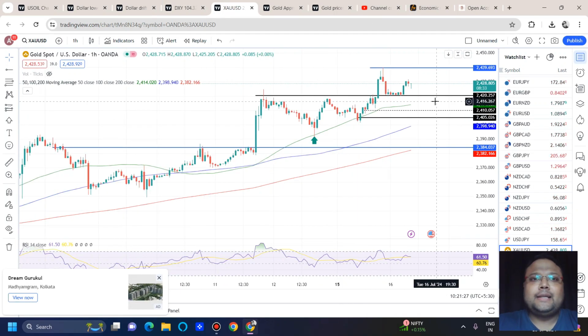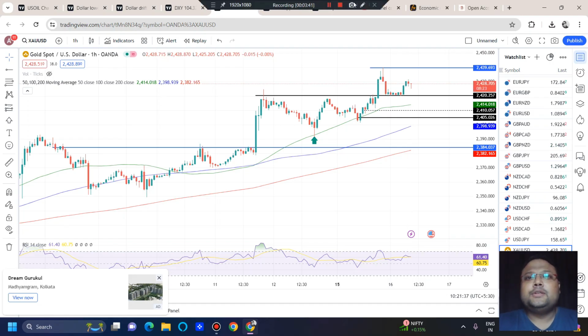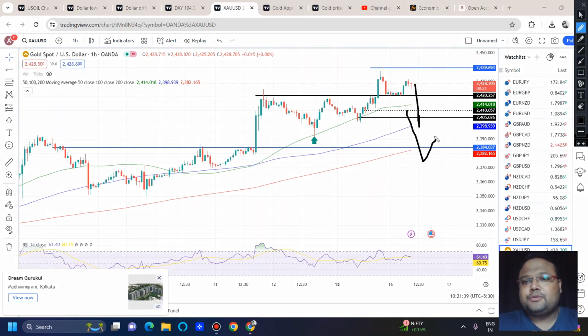So right now the market is trading around 2428. This is the current market price. And as I've already said, if you're holding a buy, you can stay on the buy because the market is fundamentally bullish. So if the market drops,